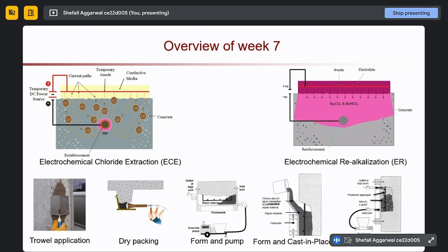In dry packing, we are applying a small formwork kind of thing, and the material is not flowable. The material is very dry, and we are just pushing it through our system. Next is the forming and pumping. A formwork is applied and concrete is pumped into the system, and all this material is compacted through the pressure only. So normally the concrete is filled from the bottom in this case, and the other method is forming and